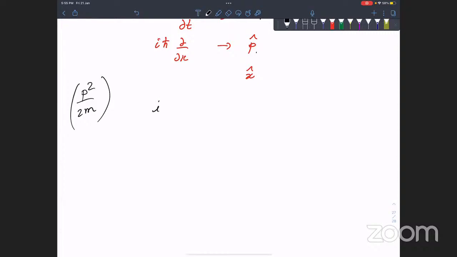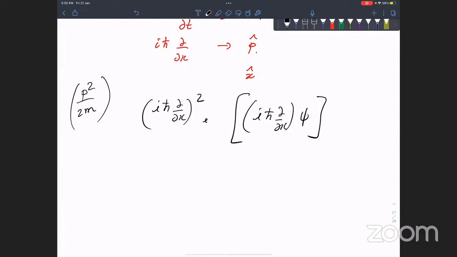So what I have to do is I have to do i h bar ∂/∂x, and this I have to square. Okay. So I have to apply this operator 2 times basically. I have to apply i h bar d/dx to this first, then once again apply i h bar d/dx. Right? That is how p is not p dotted with p conjugate. That was the mistake. So the kinetic energy operator is simply going to be minus h bar squared by 2m,